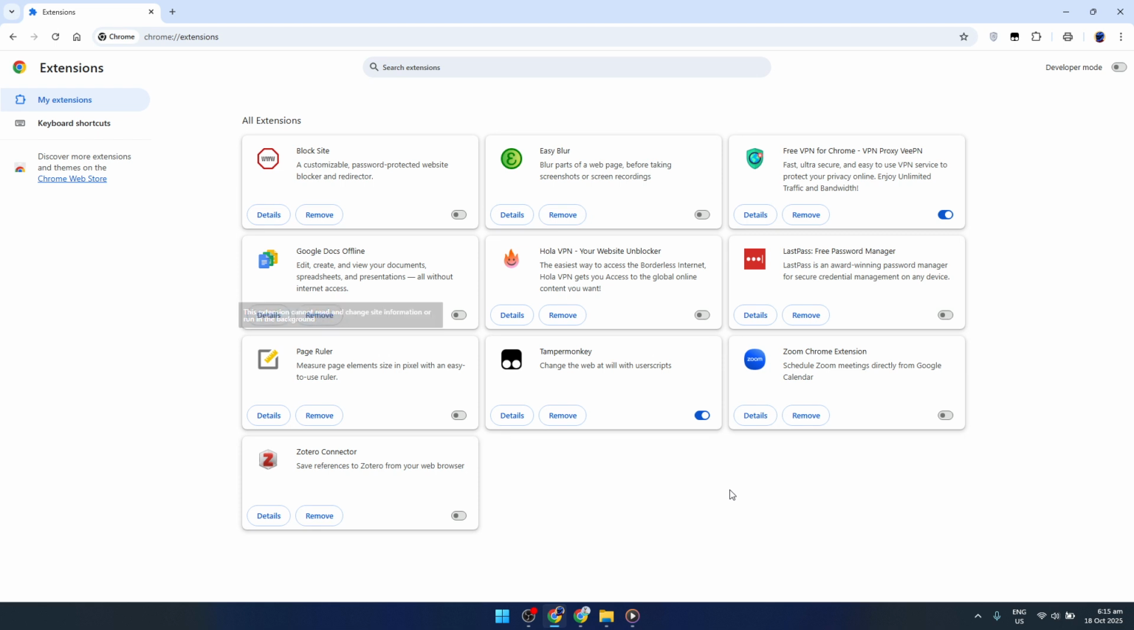It's important to note that disabling an extension doesn't remove it from your browser. It simply deactivates it, allowing you to easily turn it back on at any point by clicking the toggle switch again. Disabling extensions can be particularly useful if you're trying to diagnose problems with your browser or if a particular